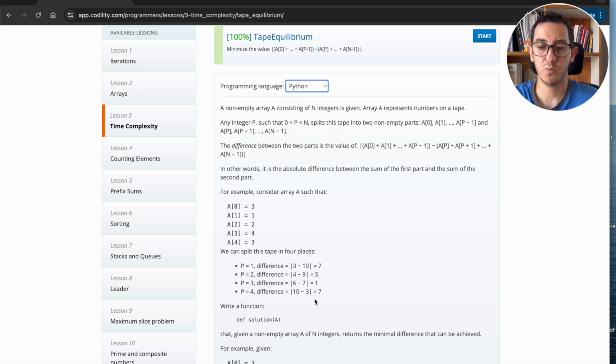The difference between the two parts is the value of, and we have a mathematical expression here which says that we need to subtract from the first part the second part and get the absolute value of that, where the first part is the summation from a0 to ap-1, and the second part is the summation from ap to an-1. So pretty much what they're saying is split the tape in two and subtract the second part from the first part. In other words, it's the absolute difference between the sum of the first part and the sum of the second part. For example, consider array A such that 3, 1, 2, 4, 3,